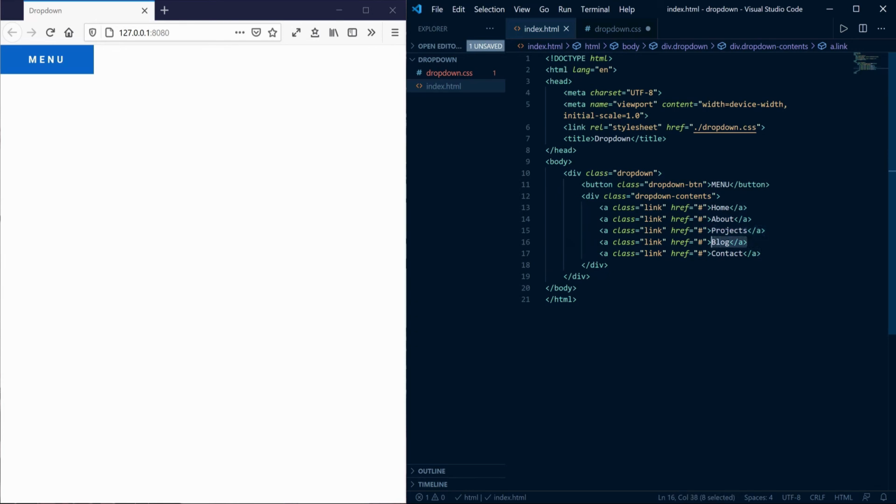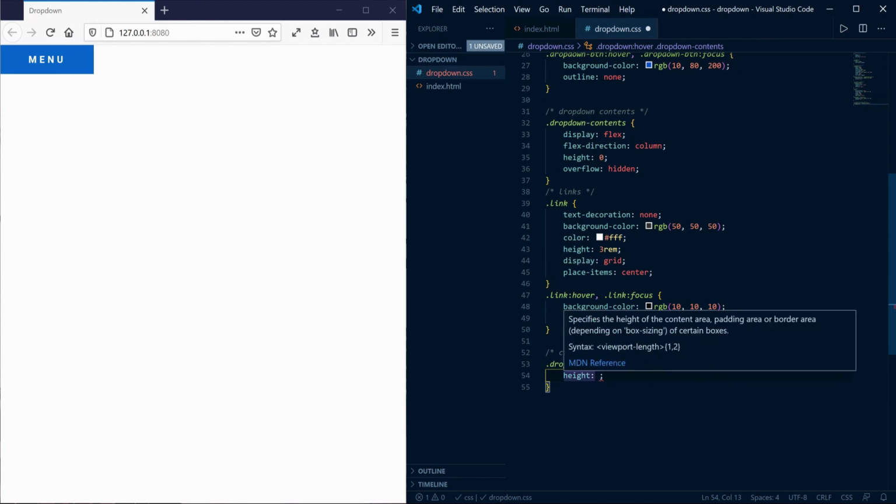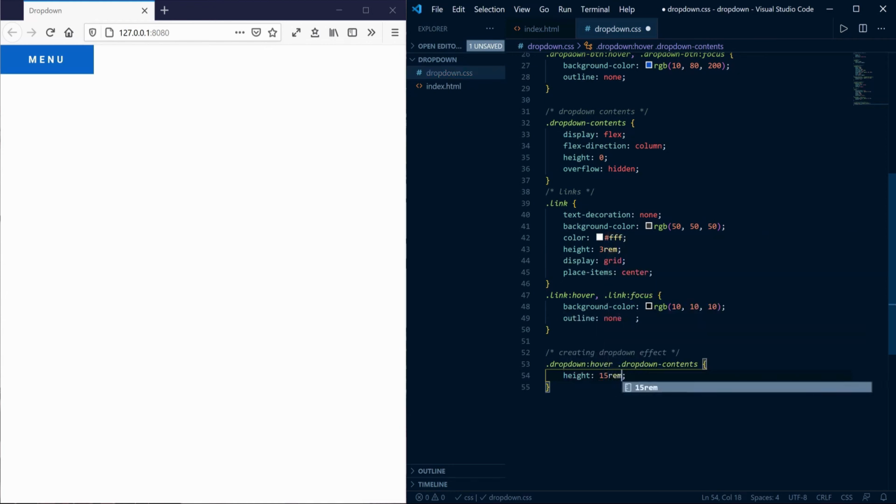Each of these links need height of 3 rem, so in total we need height of 15 rem. This will create drop-down effect when we hover over button element.